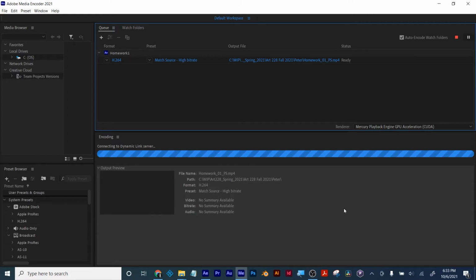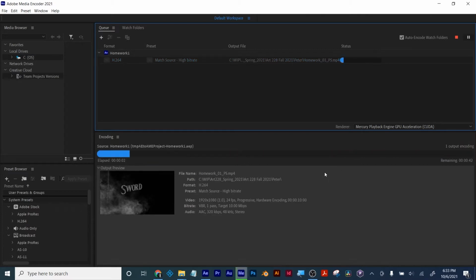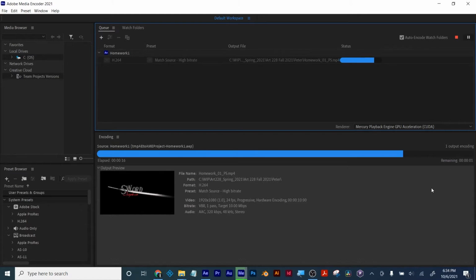Based upon how complex your animation is will determine how long it takes for the file to render. But this should go pretty quick because my computer is fairly fast. So it's saying right here I've got about 18 seconds left. I figured I'd cover rendering right off the top just so everyone is familiar with it and knows how to do it. So this is the first way of doing it, and then I'll show you the second way once